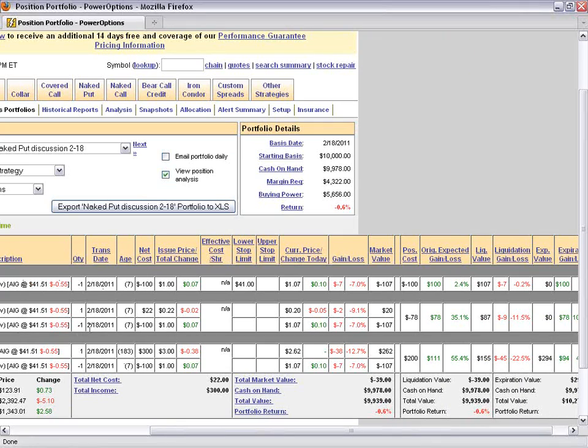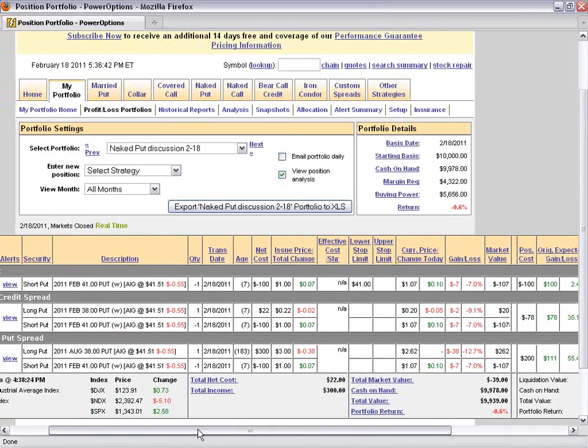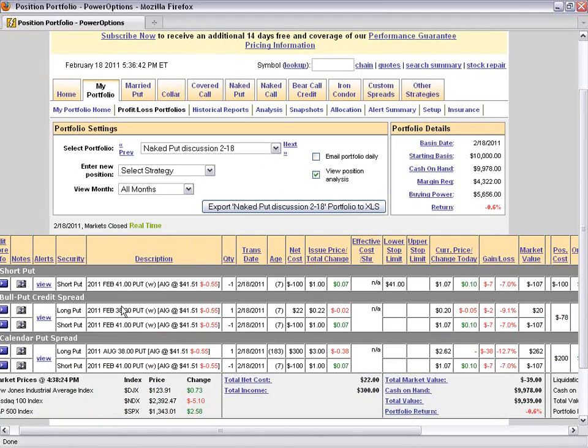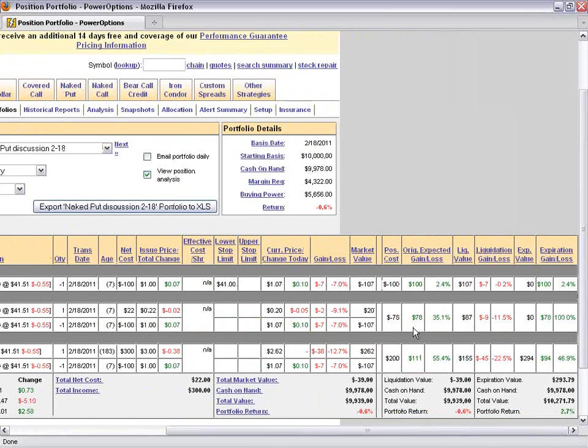Remember, with the credit spread, you've got a 3-point difference between the strike prices. So the most I'd have to put up is the 3-point difference between 41 and 38 because I'm capped at my loss. So we're looking to make 78 cents versus a risk of $3, so that's why it's a 35% return. And our debit on the calendar spread was lower.